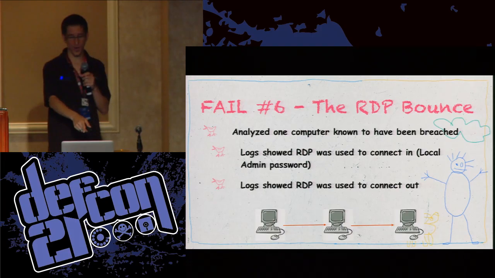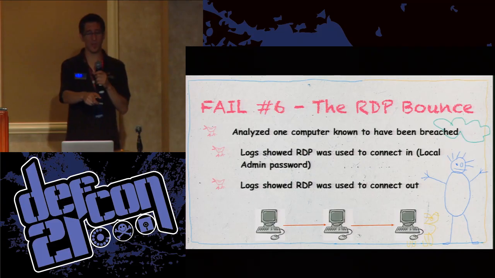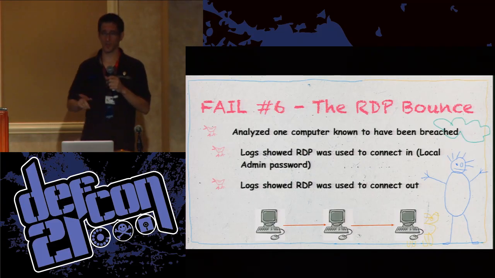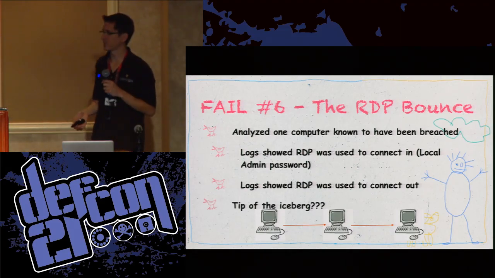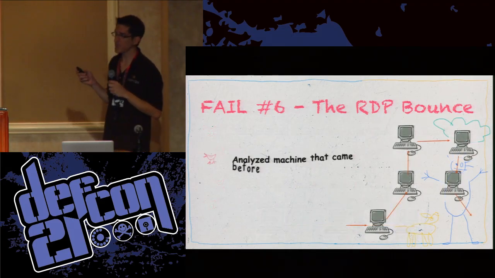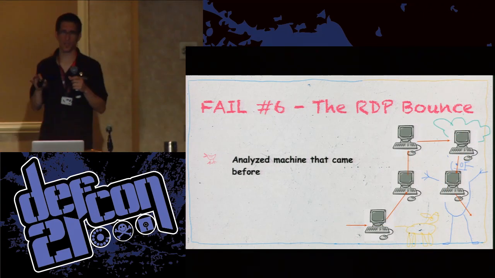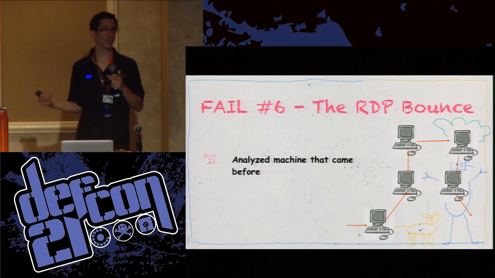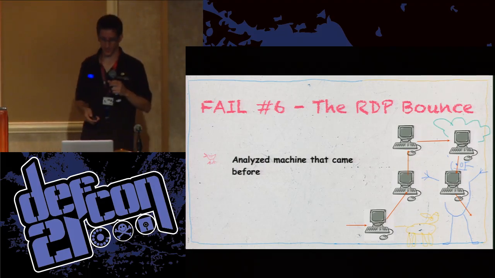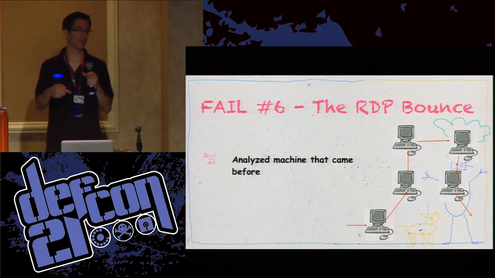So in this little diagram here, I was looking at the middle computer. I didn't know at the time that there were other computers. I was just looking at this middle one, and it seemed that there were a bunch using it. So it was probably the tip of the iceberg. Where do you find these logs, Michael? Specifically, I was looking at the Windows event log, the event viewer. If you go into the control panel and then the administrator tools, there's the event viewer tool. By default, it logs a lot of stuff in there, including when RDP is used to connect in and when you're connecting out.